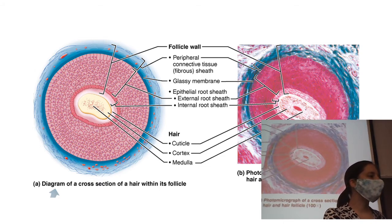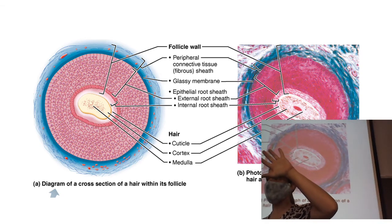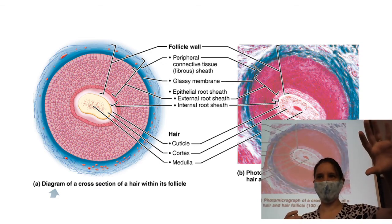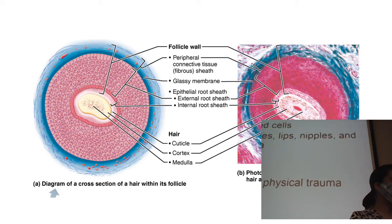Out on the outside here, this is the part, if you ever see shampoo commercials, where they show it like a million times magnified, right? They're like, sleek hair, blah, blah, blah. You're looking at the wall here. So you've got these dead keratinized cells,